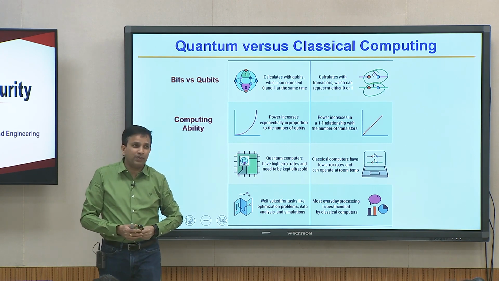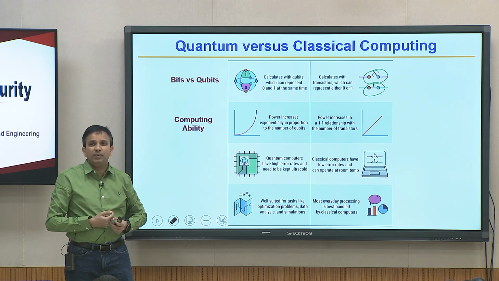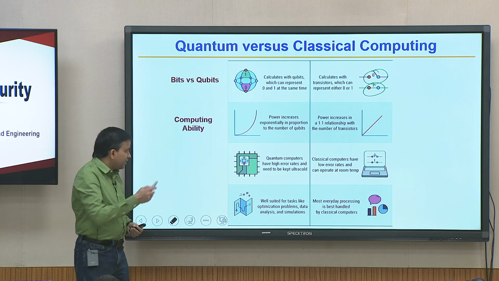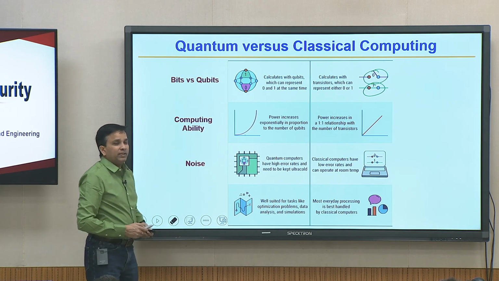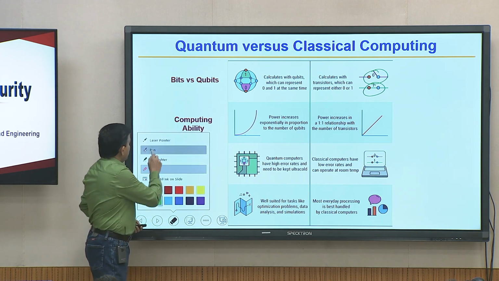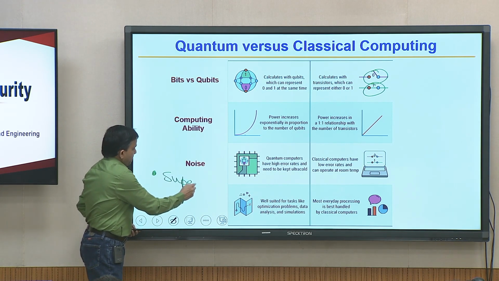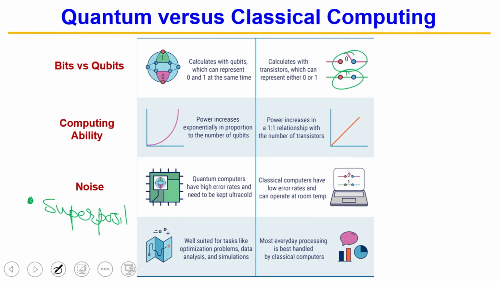Can you tell me why it is exponential? What did I tell you today already that explains why it is exponential computing ability? Error handling actually is a problem, I will come to that later, but why is it exponential? Because, recall, each of them is in 0 and 1 state, that is known as superposition. I will take an incorrect classical analogy, but entanglement. So, superposition and this whole story of two qubits being entangled, that is the entanglement. These two essentially make a quantum computer so powerful theoretically.